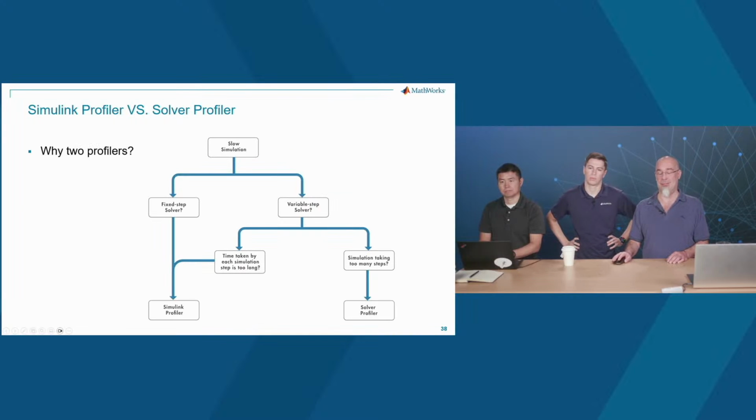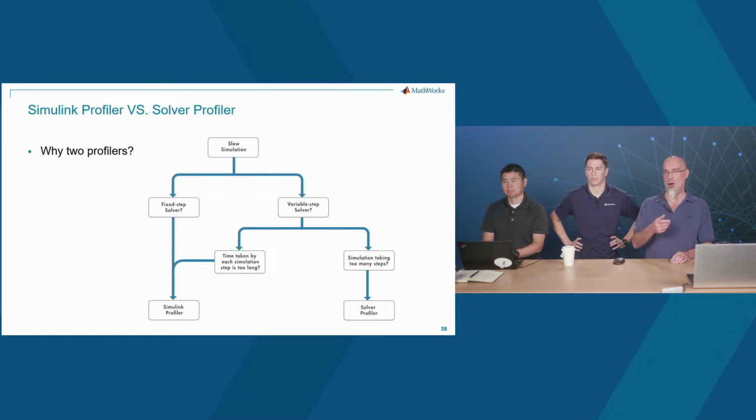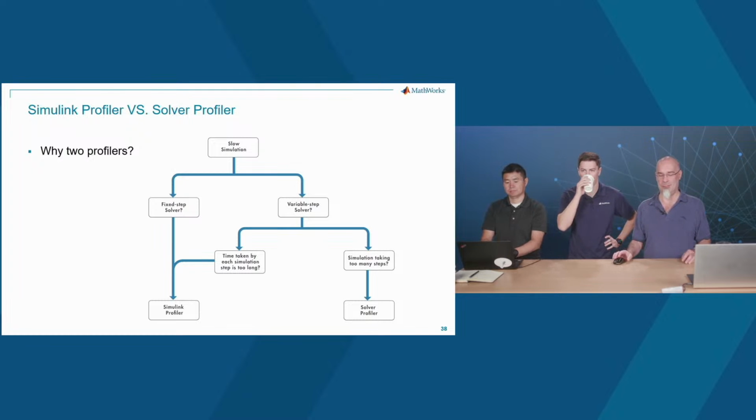The first decision point that I like to classify performance problems is: is it something that one block in particular in your simulation, or a group of blocks, is taking more time than the others or than you expect? Or is it that the simulation is using a variable step solver and it's taking too many small steps and capturing dynamics faster than what you want to simulate? So with a variable step solver, I would go with the solver profiler, and